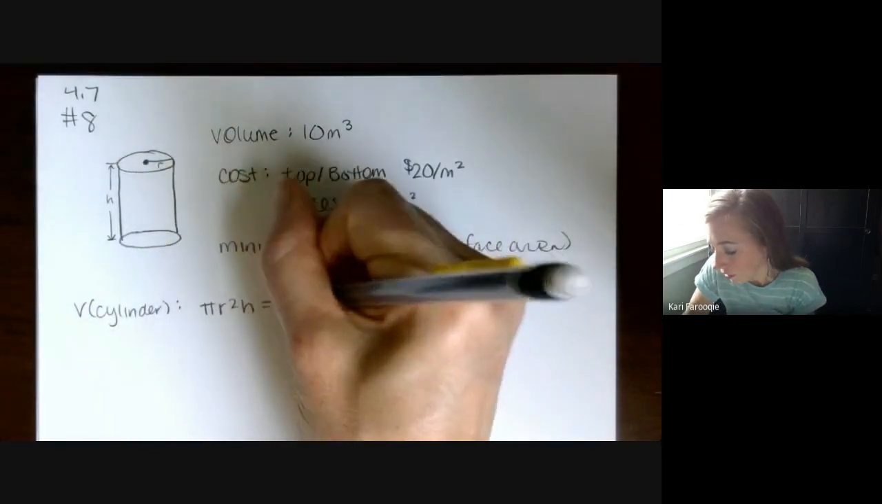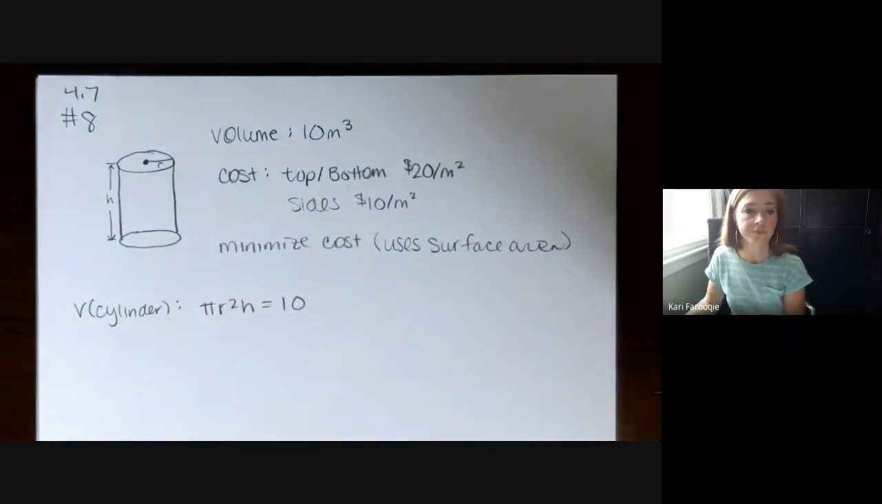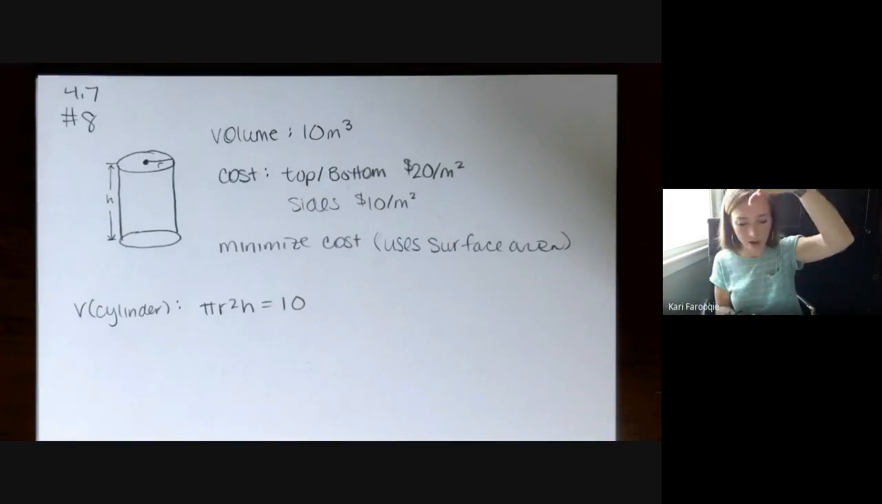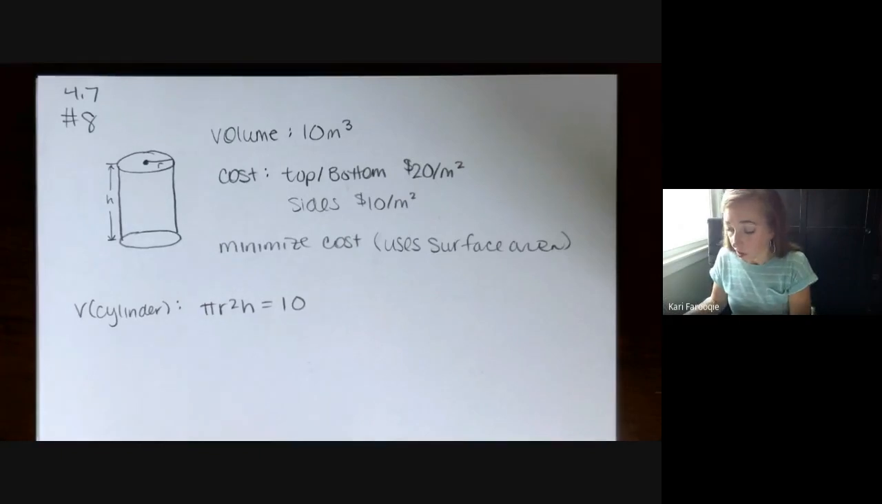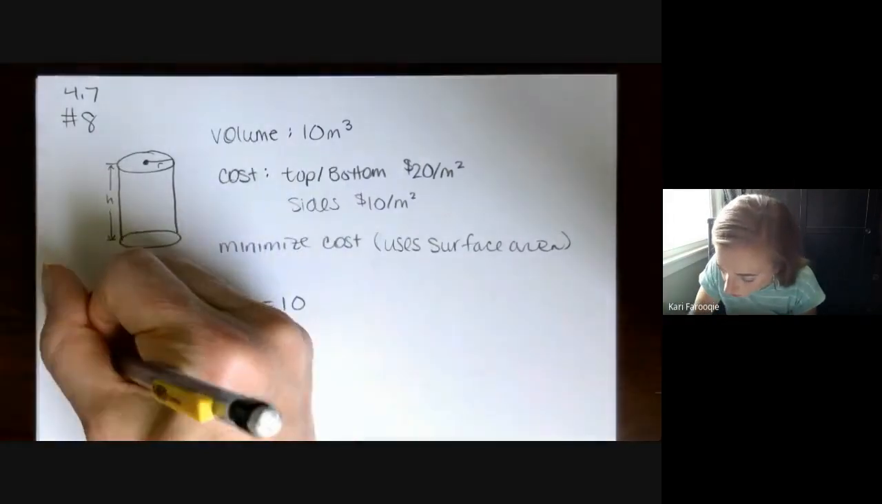And that's equal to 10 in this case. So pi r squared is the area of the circle. The h represents pulling that circle out. Now, as far as the cost is concerned, we'll talk about actually looking at how much the cost of each piece will be. So for the cost,